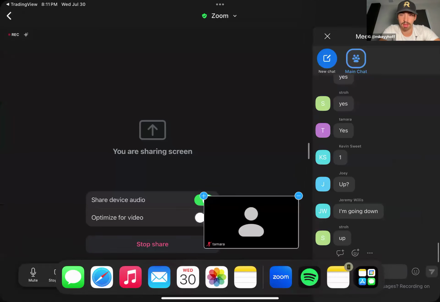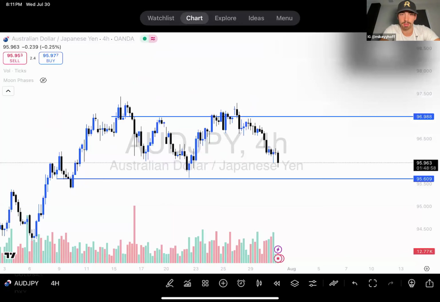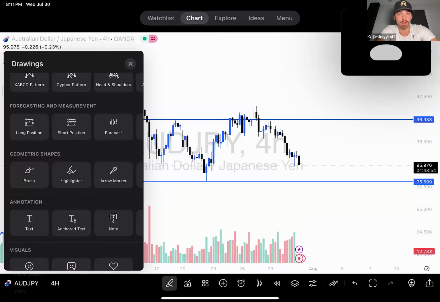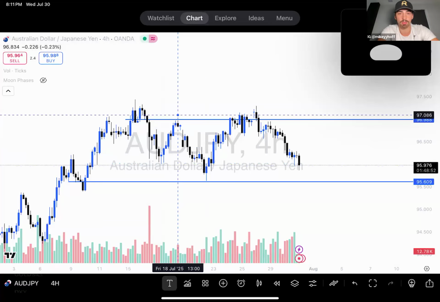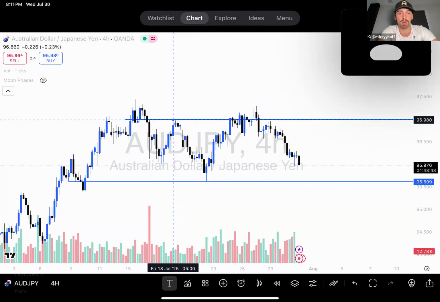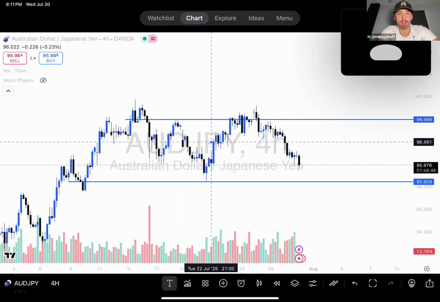Up, up, up, and down. We're actually in an uptrend, right? Reason being is we can mark up the 3 closest highs and lows to current price, right? We have